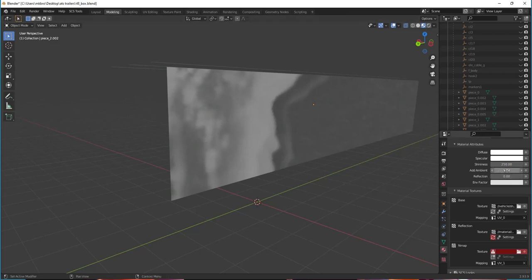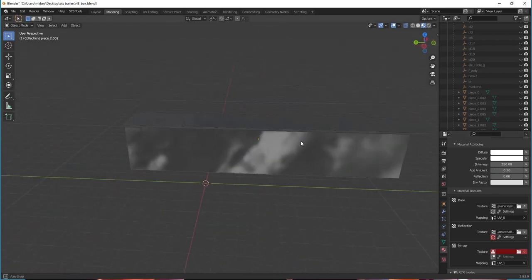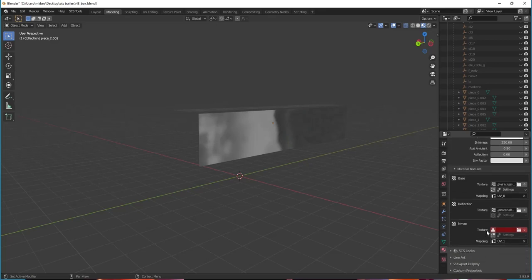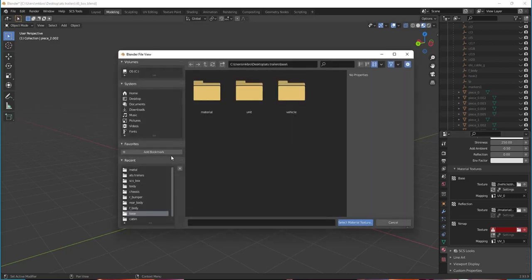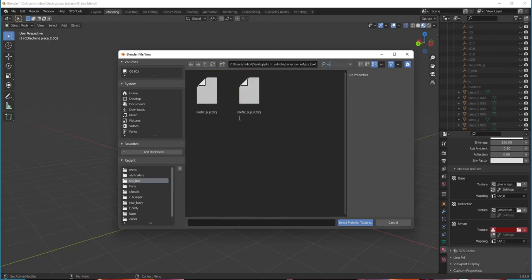Let's see, this add ambient. I think for chrome, I like to use minus 0.5. But you can change it to your own liking, and then we'll sync to reflection. And now we have to select our end map. So we click on the folder, and remember our end map is kept in our trailer owned, and we go to SES box, and if you remember it, I think it was reefer pup, so REF,